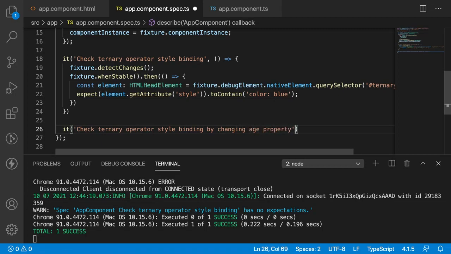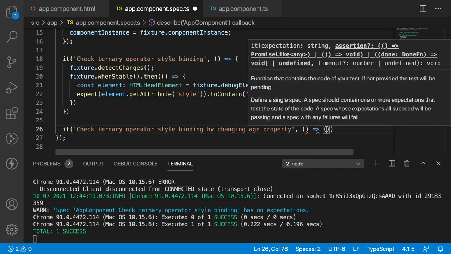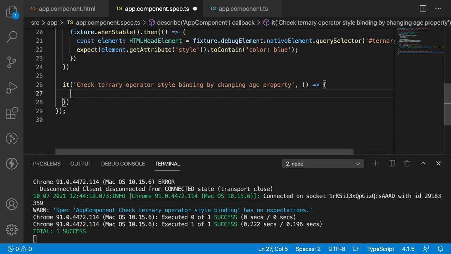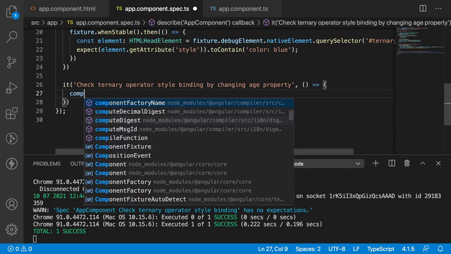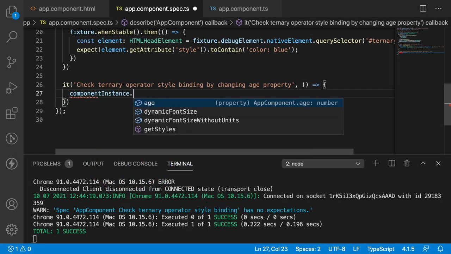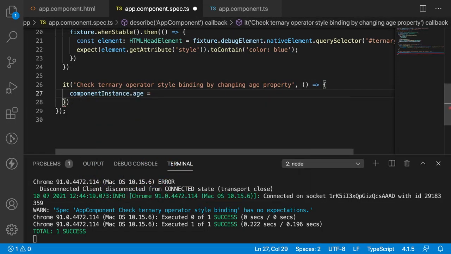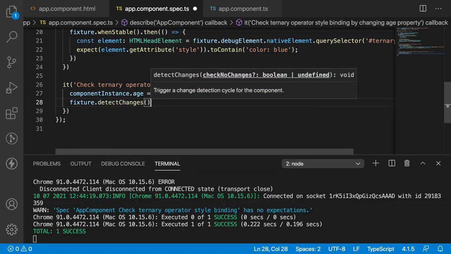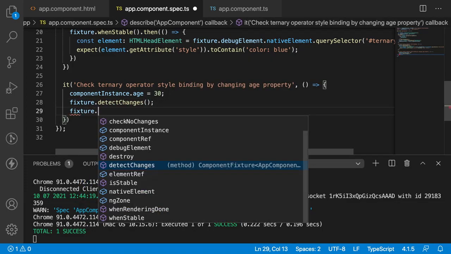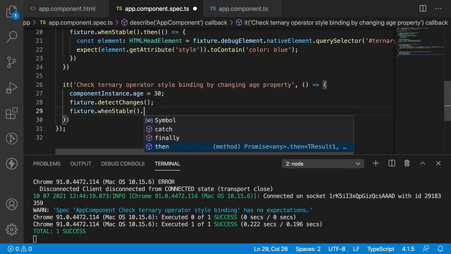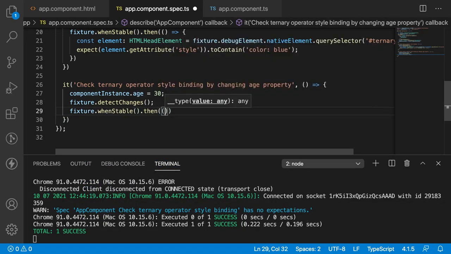So I have checked with the equal to case, and now I want to check it with the greater than case. So for example, component instance dot age is equal to 30. So it is greater than 18, and let me update my fixture detect changes, and fixture dot when stable, it's a promise, so dot then, and the callback.